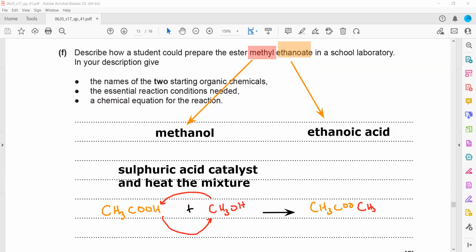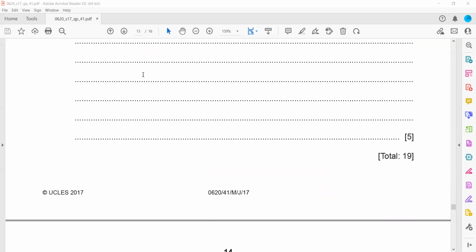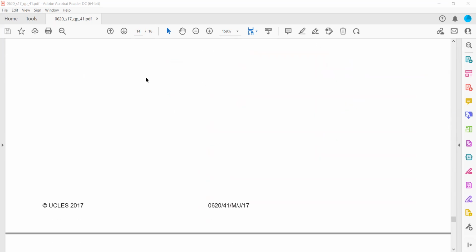Plus, H is removed and H will combine with OH, so it will form H2O. So always the hydrogen of a carboxylic acid is replaced by the carbon chain of the alcohol, so it will produce methyl ethanoate plus water. And the reaction is reversible. Here the reactants can form a product, and the product can decompose and form back the reactants again. So this was